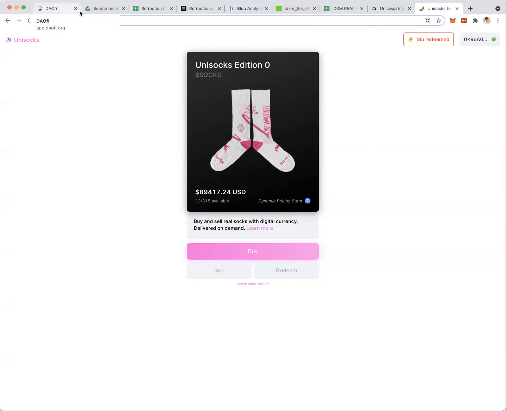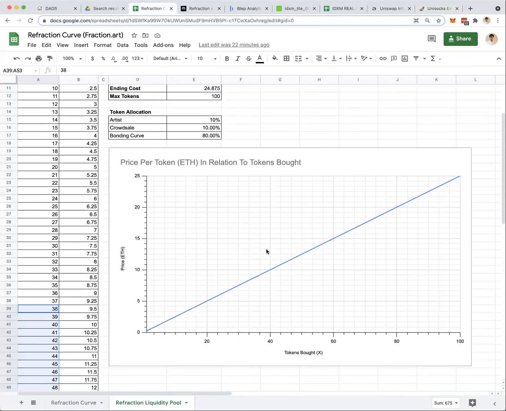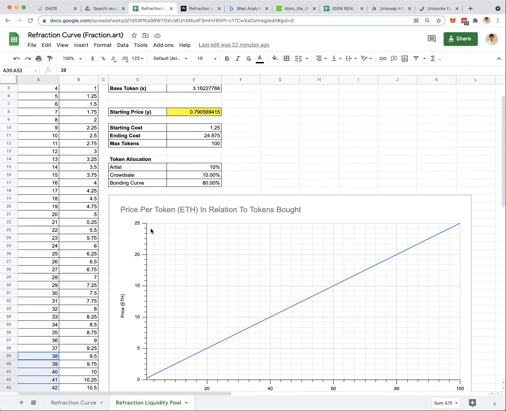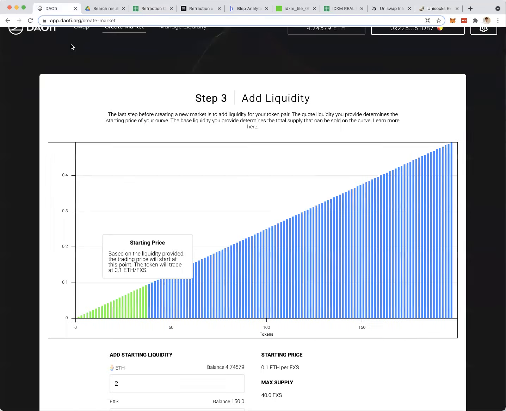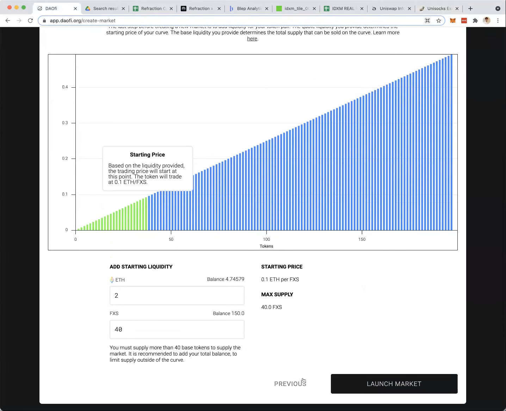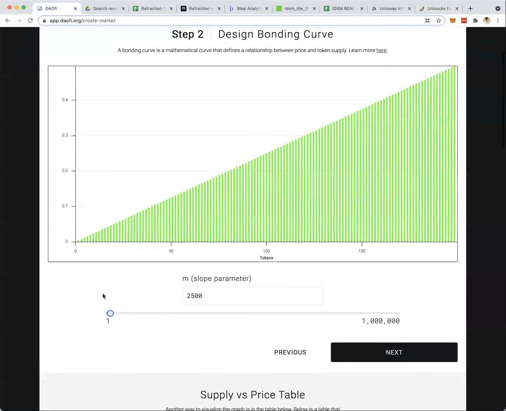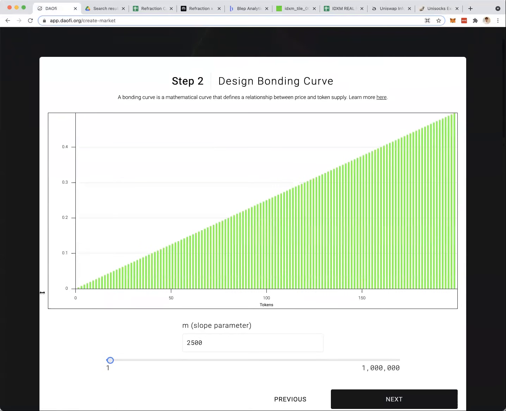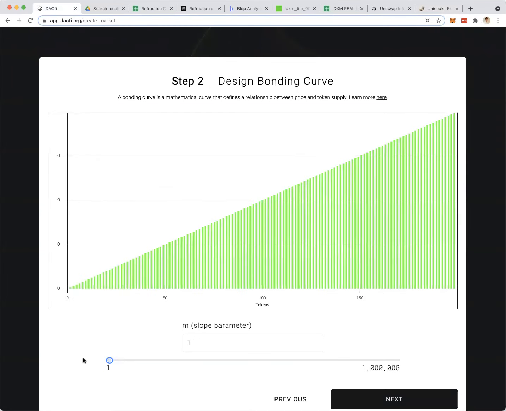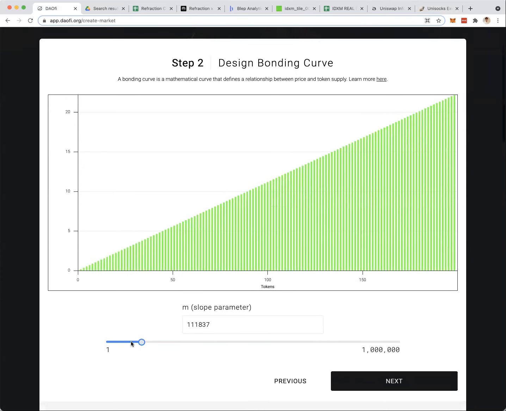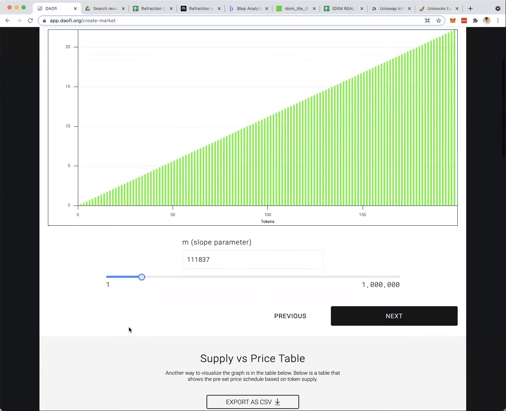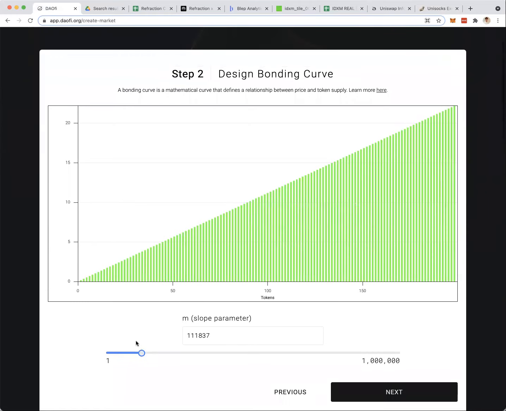But DAOfi is really focusing on making that a step in the process of launching a market. You can completely control it. So that's what we have right now. We have linear parameters for creating a market, and we do plan on potentially, based on user feedback, launching exponential parameters so people can control that. We've done a lot of work on it already, but we decided to ship with linear at first and observe,